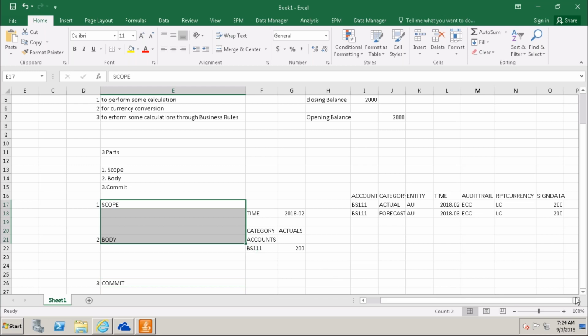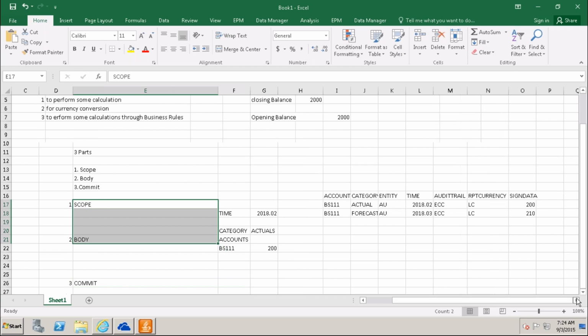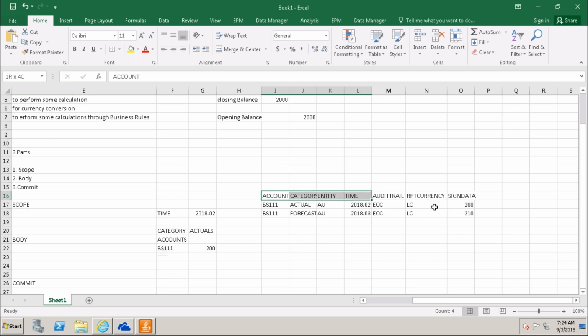By taking this example, we will see here now. First thing, what we do here, I'm not writing a forecast value.